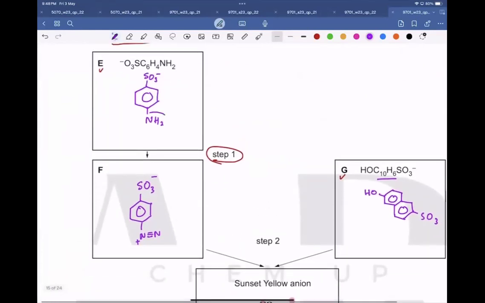Abdullah, it is because of this group. This group is electron donating, right? This is not electron deficient. Yes, this becomes electron deficient. So here,